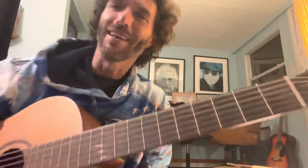Sometimes I get carried away. So I was just strumming, and the way I was strumming was like this, as if I had a pick. We're not talking about the pick yet, but you could also use your thumb. And you can also finger pick. See what I'm doing here? I'm not a great finger picker, but